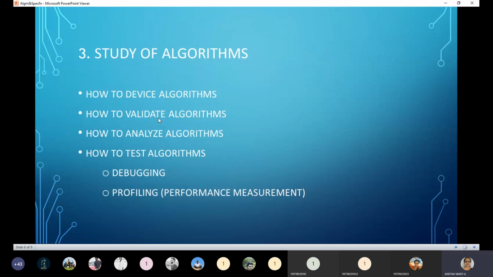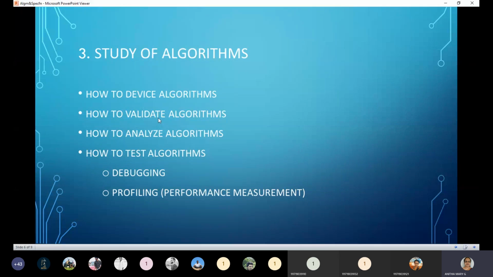Once an algorithm is given, it has to give an answer for all legal inputs, meaning meaningful inputs. When I say sum of two numbers, we should give only numbers. If you give some text and ask it to compute, that is not a legal input to that algorithm.